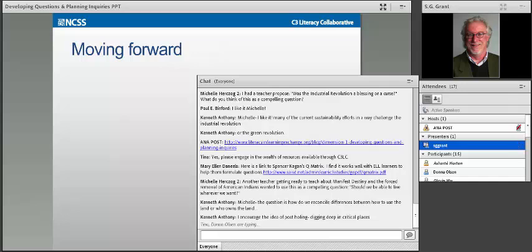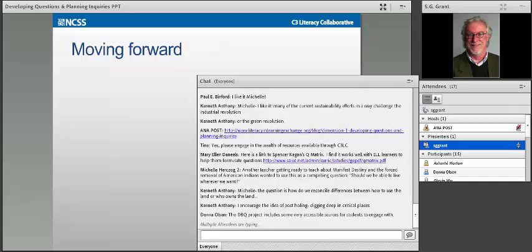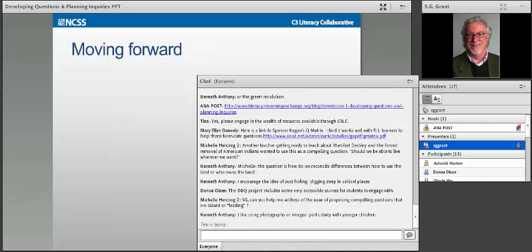So again, one of the things you'll want to keep in mind as you're thinking about different approaches to developing inquiries is, can I find the sources that are going to be accessible to my students? And if they're not accessible, can I modify them in ways that really will bring them into the experience of my particular students? It looks like you're all starting now to talk with one another, which is really terrific, about ways that you can reconstruct these sorts of questions.